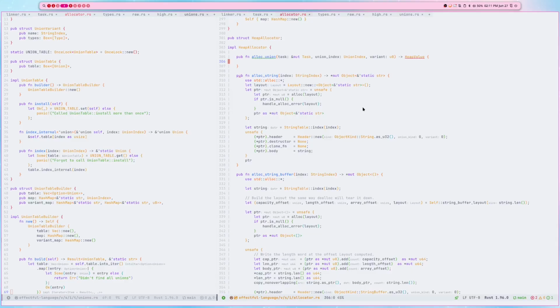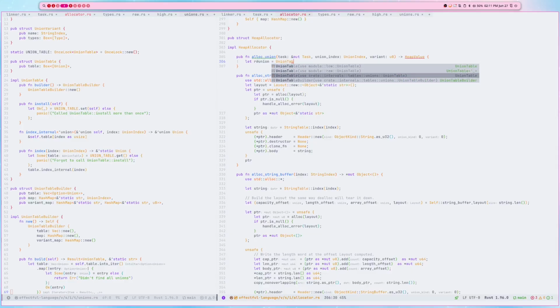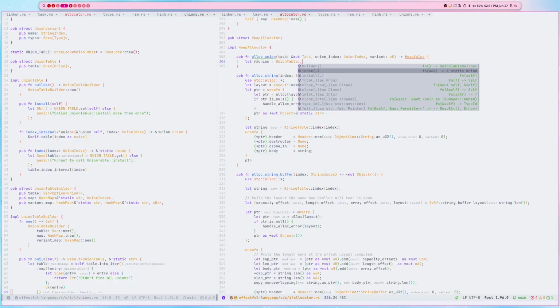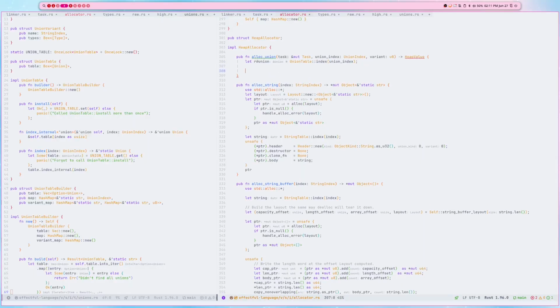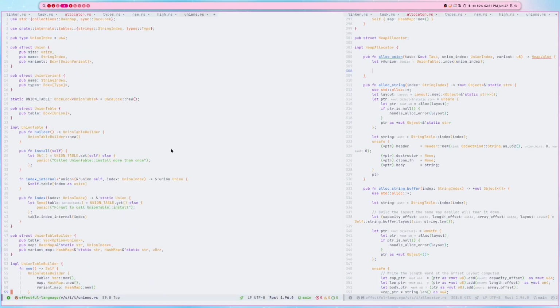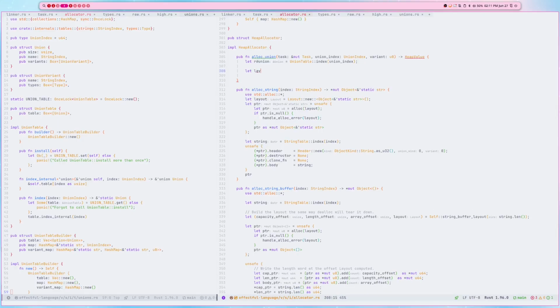And we want to get that union. Let's just do this. Equals union table index, union index. And now we got our union. And then we'll do layout equal Layout new